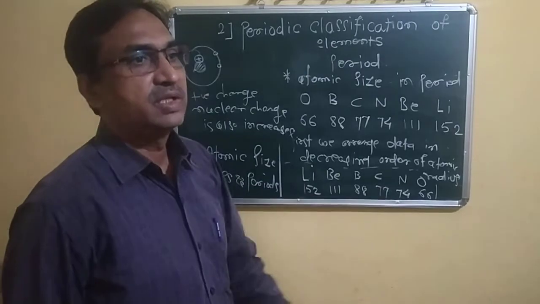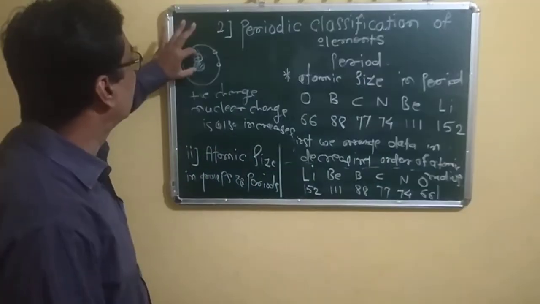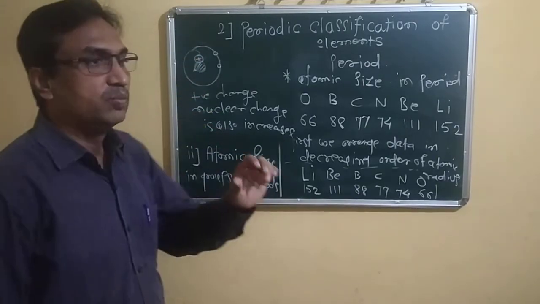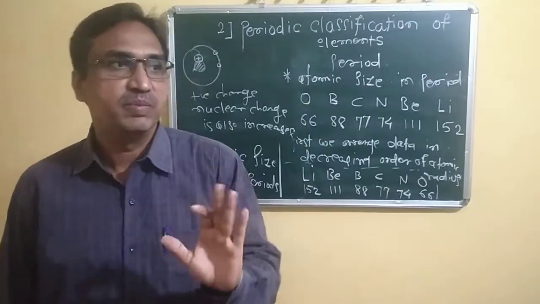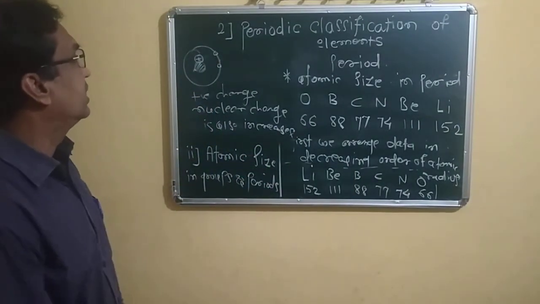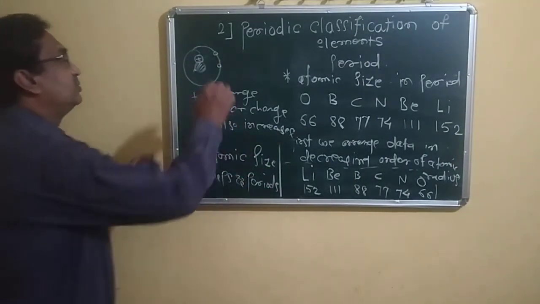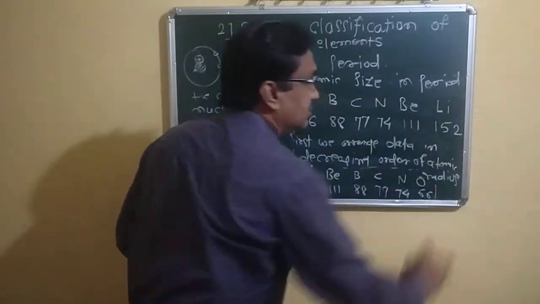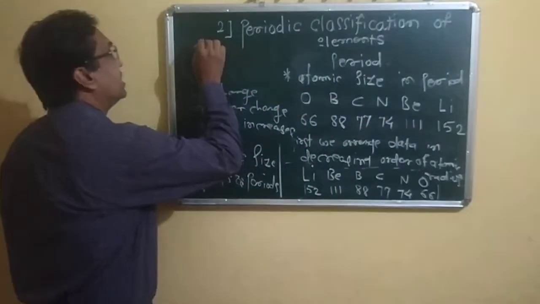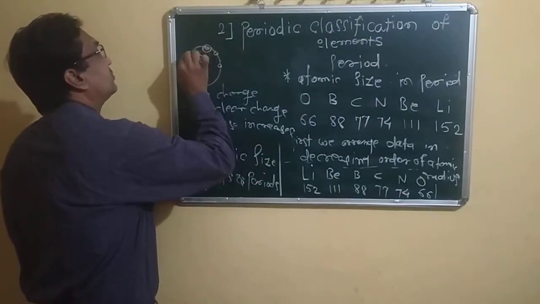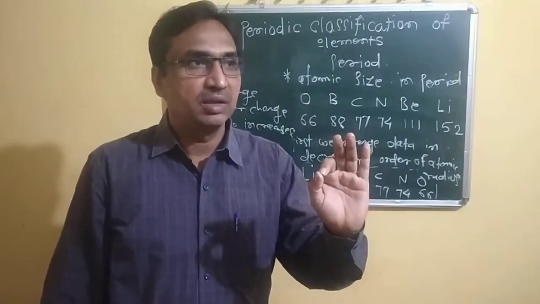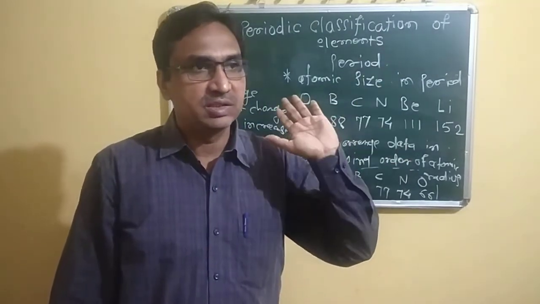Number of electrons increases, and at the same time the positive charge and the number of protons also increase. The number of protons increases in the nucleus, which means the positive charge in the nucleus increases, and that's why, in the same period, the electrons increase in the same shell. In the last shell, the number of electrons increases.